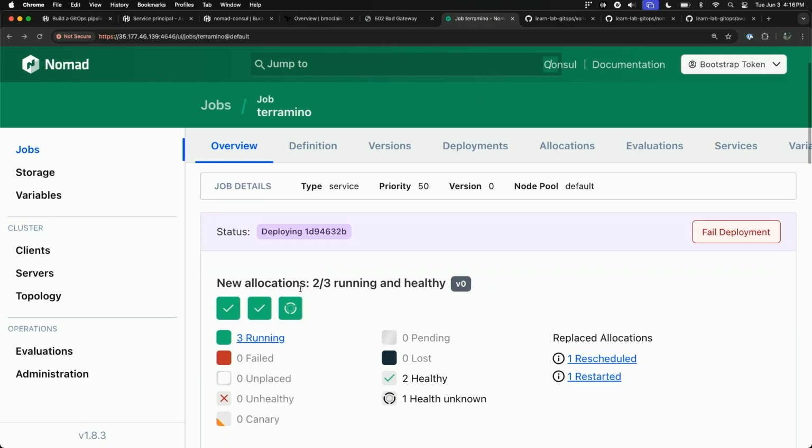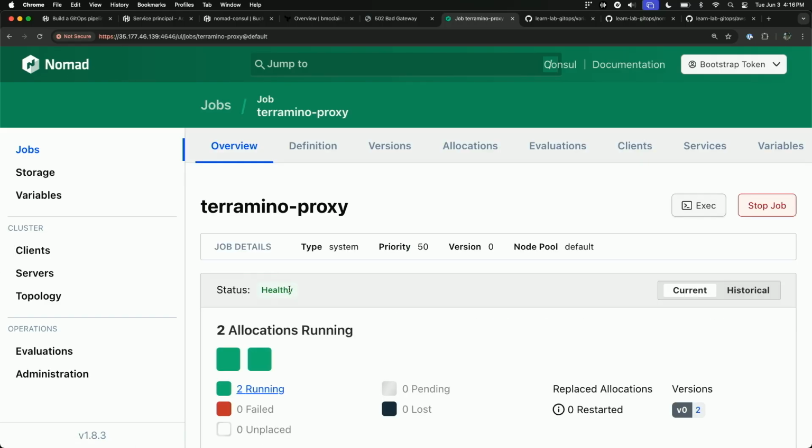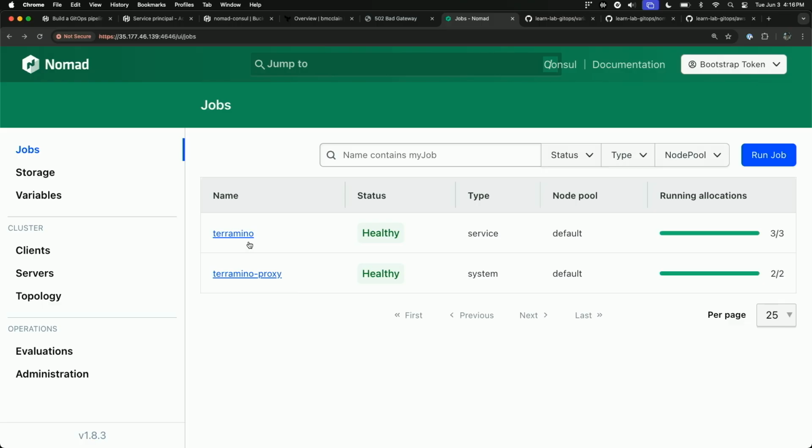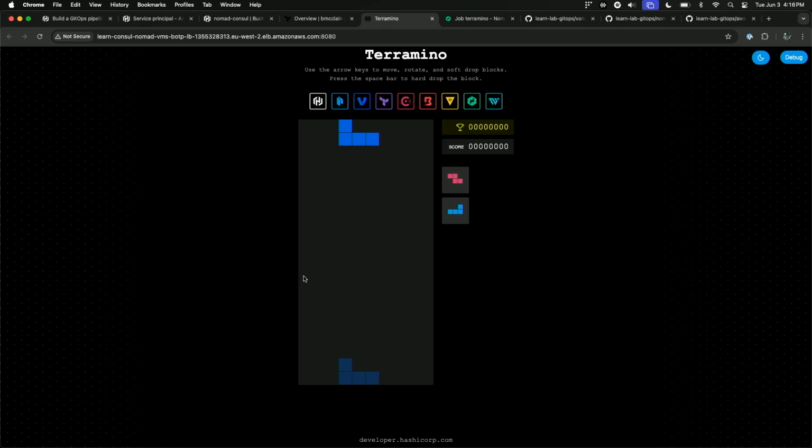Give it just one more moment as it's spinning up. By the way, we can see our proxy is also running. This is that reverse proxy that's routing those requests. And we have a running application. So I'm not going to make you sit here and watch me play